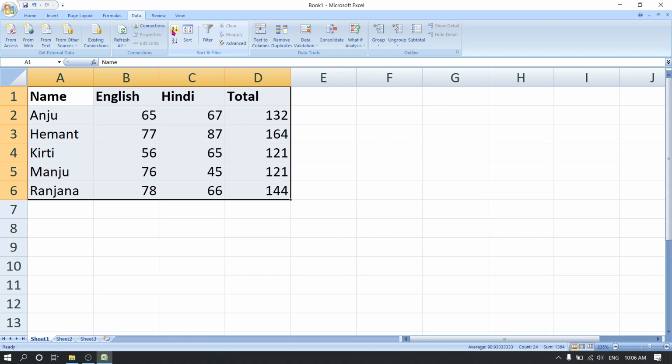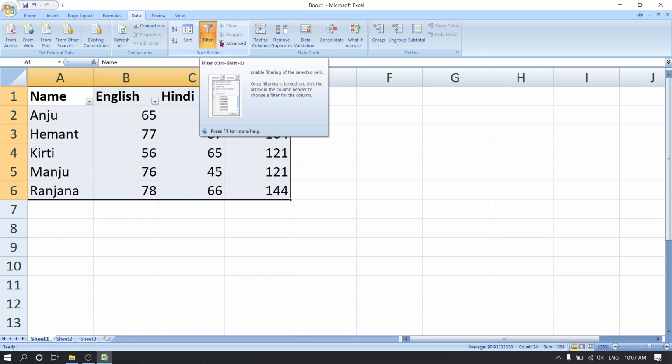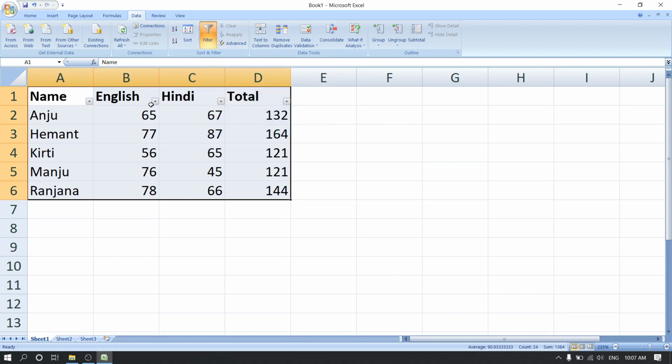Next thing is filter. To do filter, you can select it again and click on the filter icon. As soon as you click on the filter icon, you will see that there are small drop boxes in each cell at the top, where the name starts.